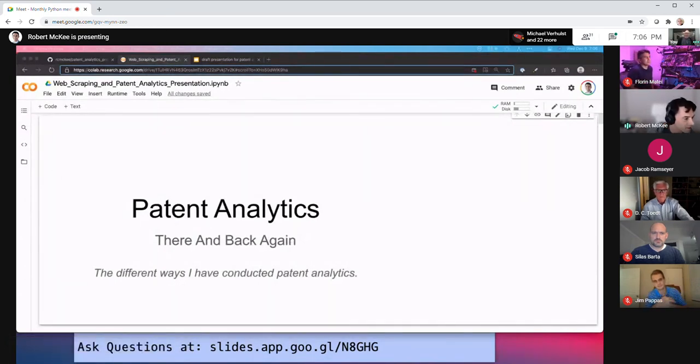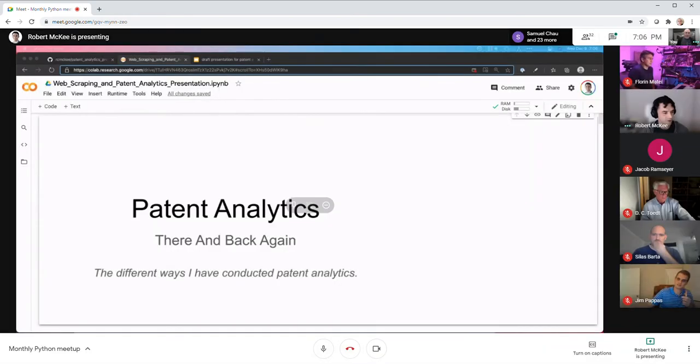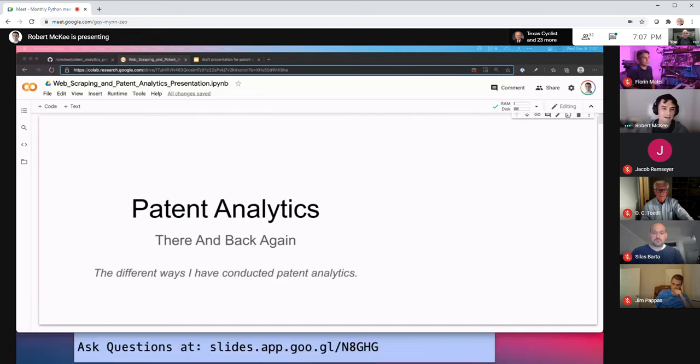Sure, and you're able to see my patent analytics screen right now. Perfect. So I'm Robert McKee. I am still a licensed attorney, but I do data science now.